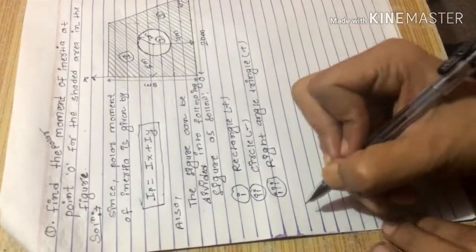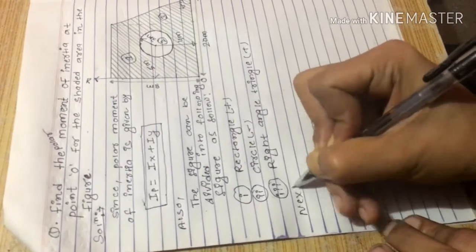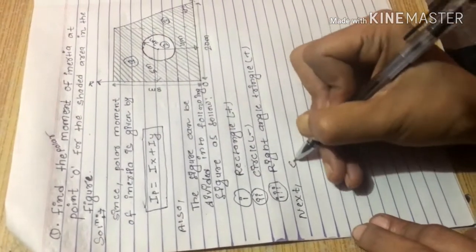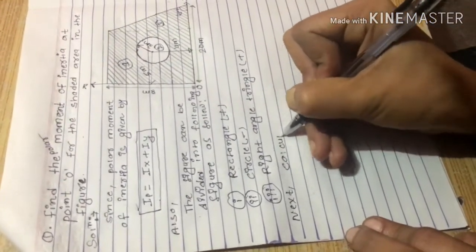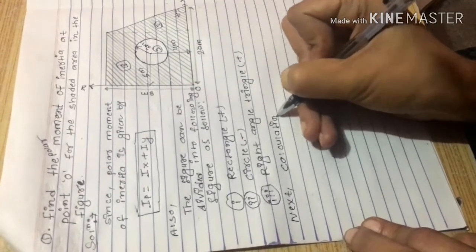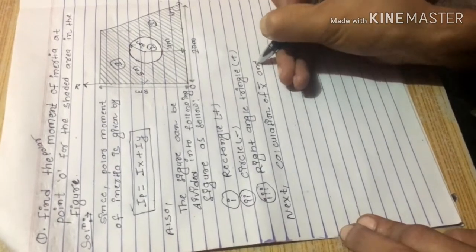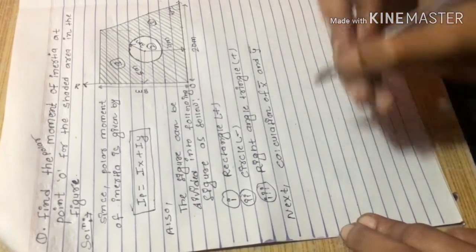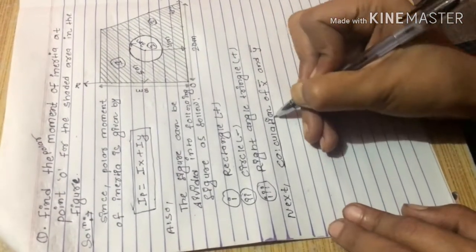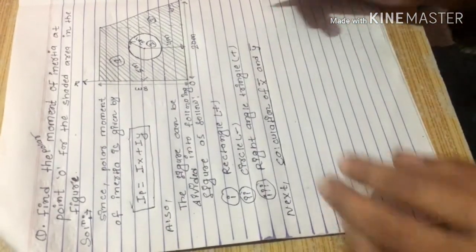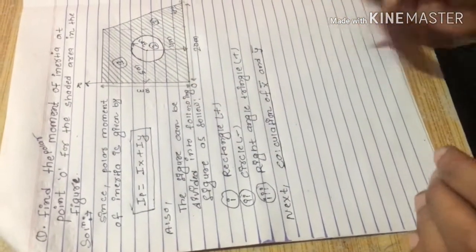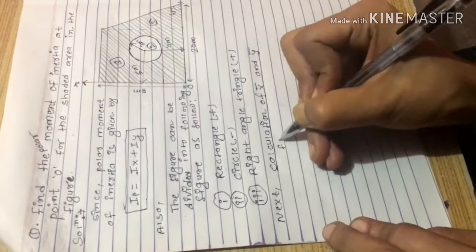Now our next step is the calculation of x bar and y bar of each figure separately. Let us analyze each figure separately. First, for the rectangle,